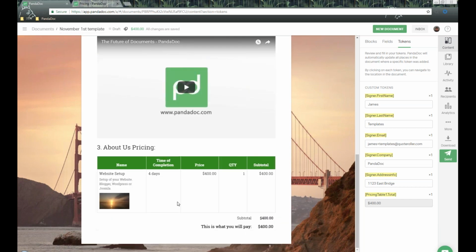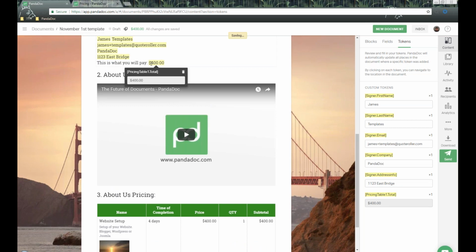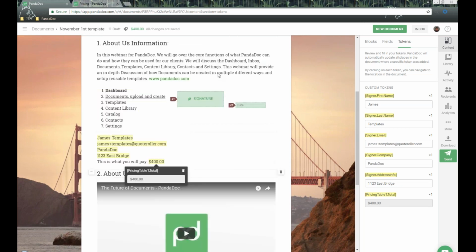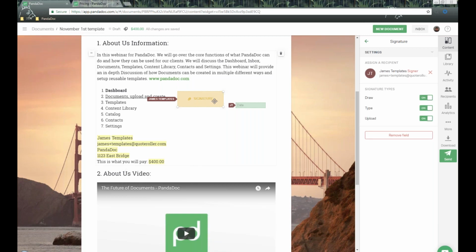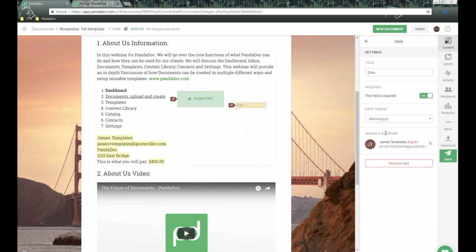And then finally, of course, because in our pricing table we're using that token for the final amount of $400, I can click on that token as well, and right here it automatically says $400 as well. All right, so those fields, once again, we talked about that signature field and that date field. Now, if I click on that signature over here on the right-hand side, here's that recipient is now associated with that signature field and, of course, with that date field